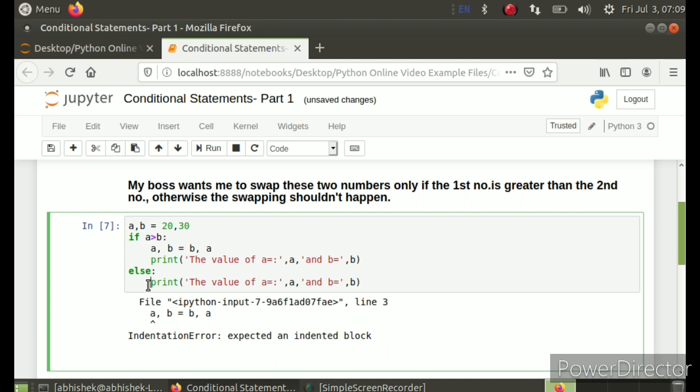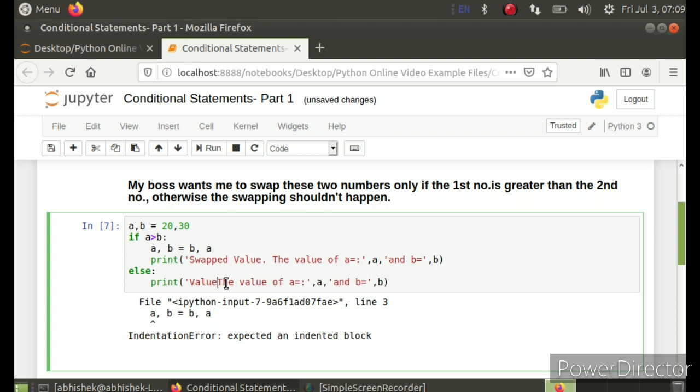Similarly, if else statement is true, go there and print this statement. Now let me change the statements first. The two statements are the same. Let me write something to differentiate. Swapped value. So if the if statement is true, the swapped value statement will be printed, and if else statement is true,